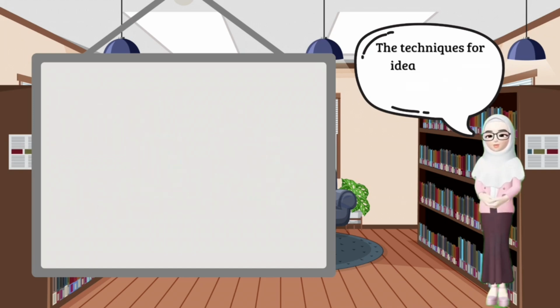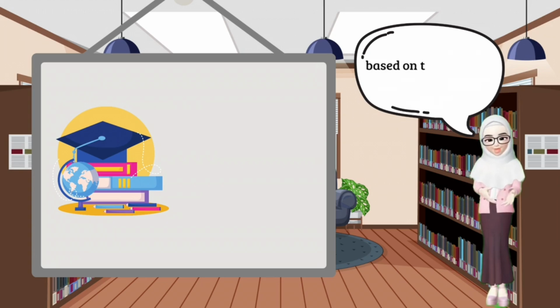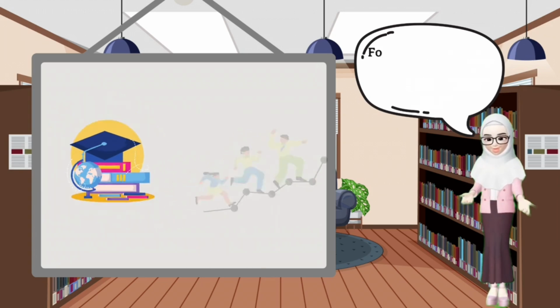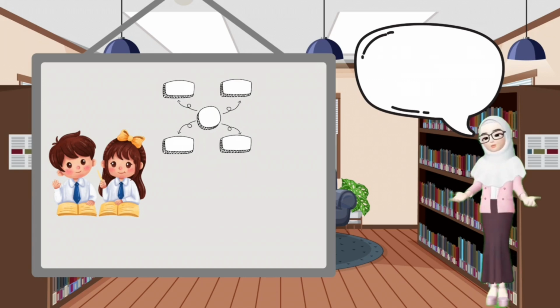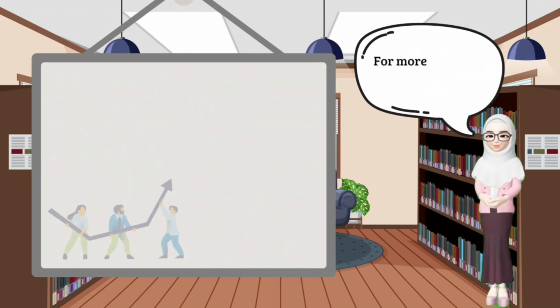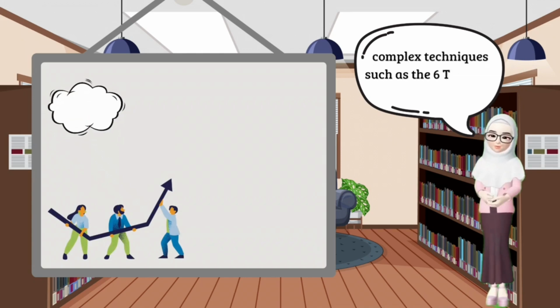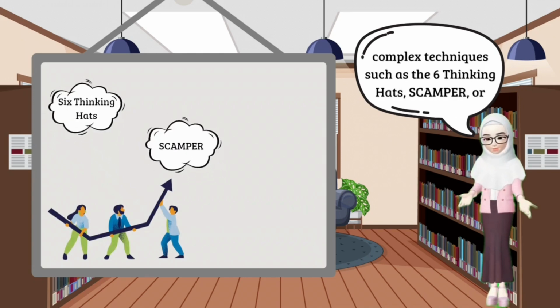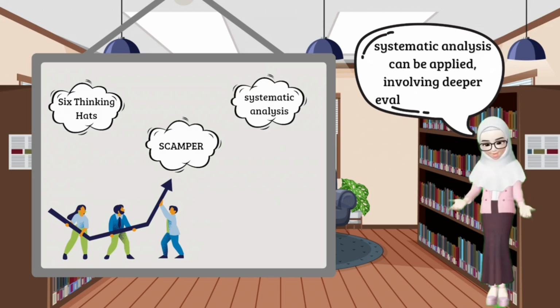The techniques for ideal listing in education can be adapted based on the level and context. For younger students, simple methods like mind mapping or visual brainstorming can be used. For more advanced level, complex techniques such as the six thinking hats, SCAMPER, or systematic analysis can be applied, involving